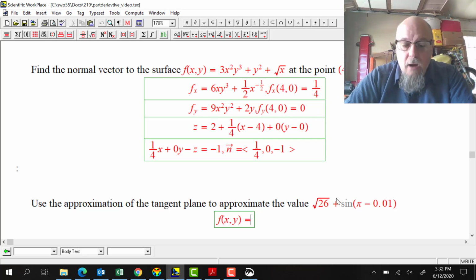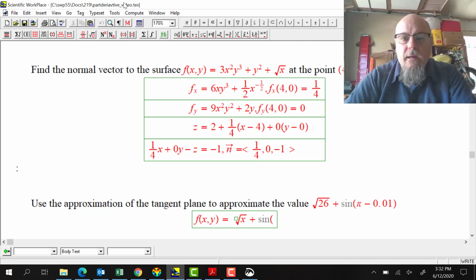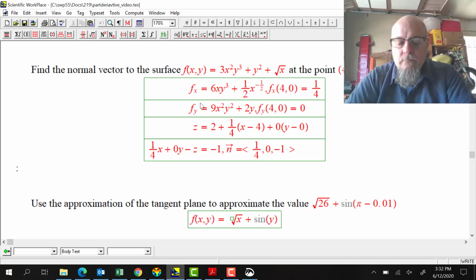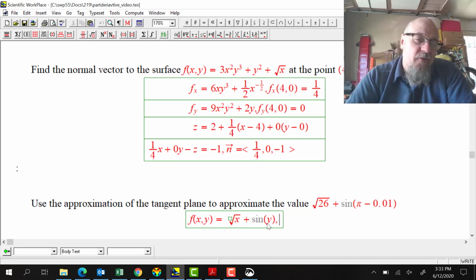And how about I'll take the square root of x plus the sine of pi plus y. Just the sine of y. There. So now I know its value exactly when x is equal to 25 and y is equal to pi. I also know its value exactly when I make x equal to,